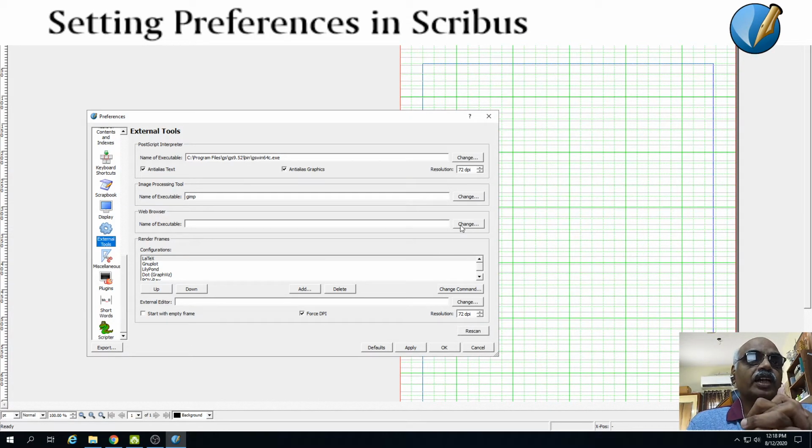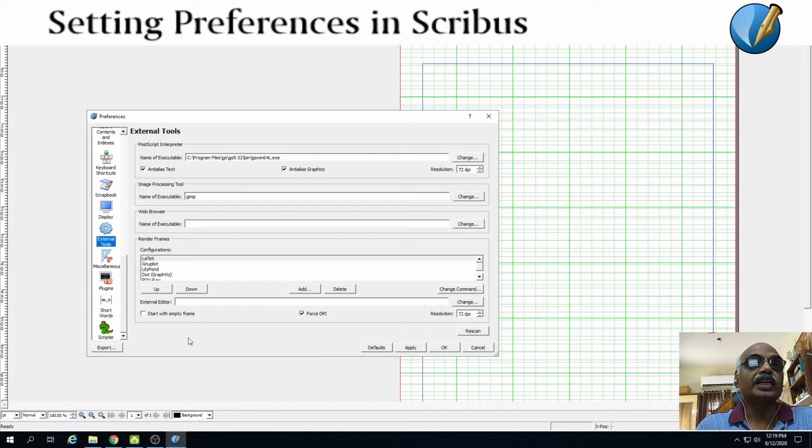If you have installed GIMP inside your system, Scribus will automatically pick its executable and will give you the option of editing files within the environment of Scribus, making use of features of GIMP. The next is you can make use of LaTeX. LaTeX is actually a document development software which is commonly used by scientific authors who want to create scientific literature. They love LaTeX for the simple reason that mathematical formulas, chemical formulas are very easy when you use LaTeX.